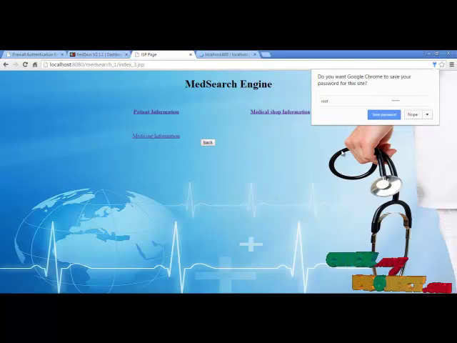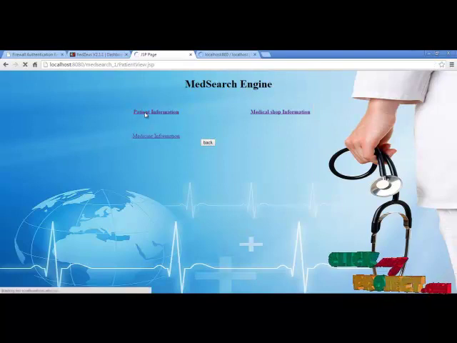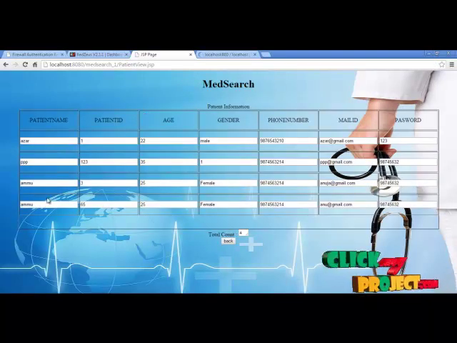The username is root, the password is admin. So the admin can view the patient information. These are the patient details which are already registered: patient name, patient ID, age, gender, phone number, mail ID, etc.